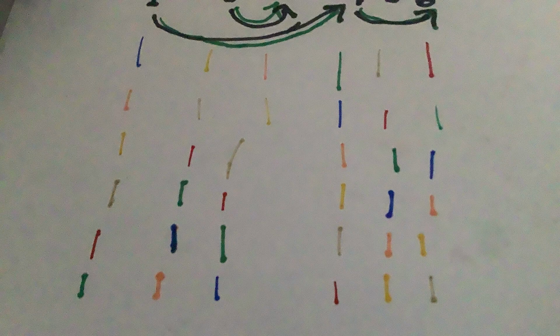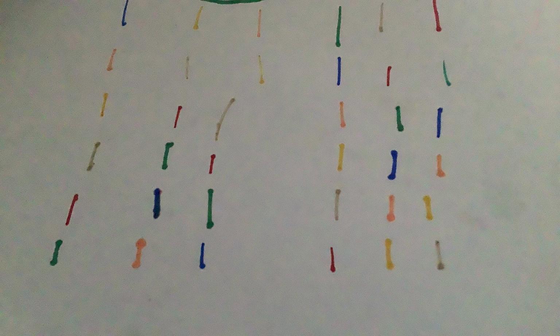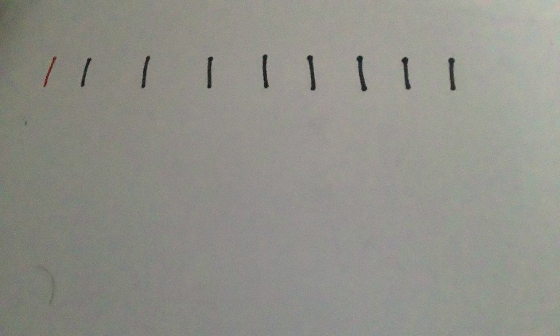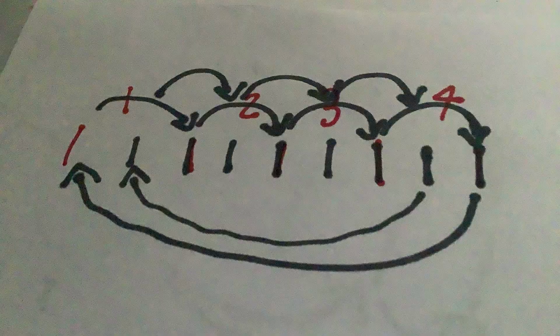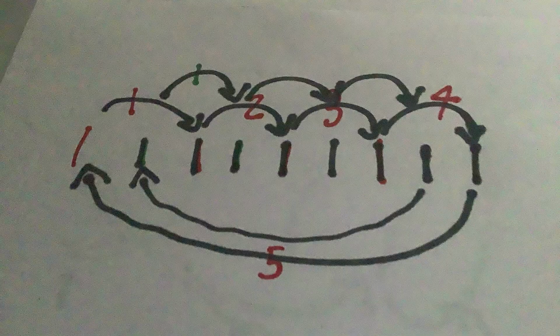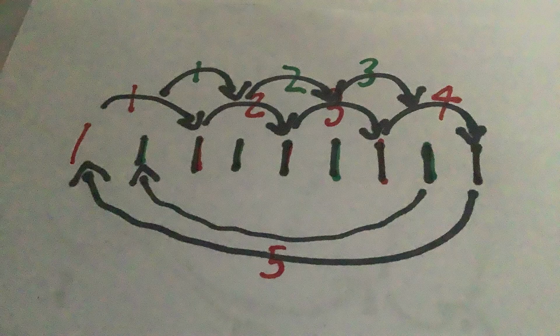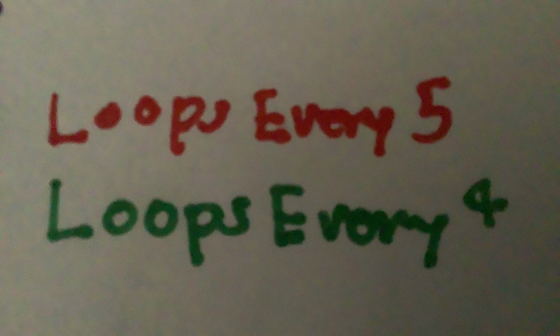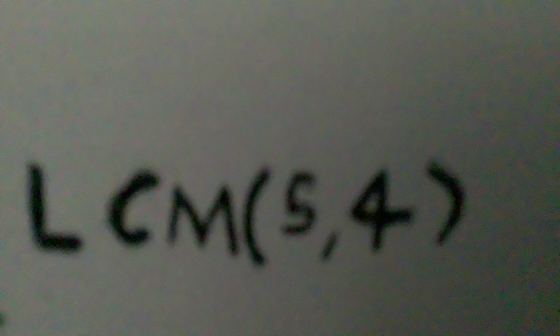No matter which of the 6 positions you initially start in, you eventually move through all 6 positions and return to the beginning. But what if it doesn't move through every single other position? For example, keep an eye on the red one. It's going to move through every other position, then loop back through the beginning. And at the same time, the green ones are going to loop every 4. So the red ones loop every 5, while the green ones loop every 4. So in total, they must loop by the least common multiple of 5 and 4, which happens to be 20.